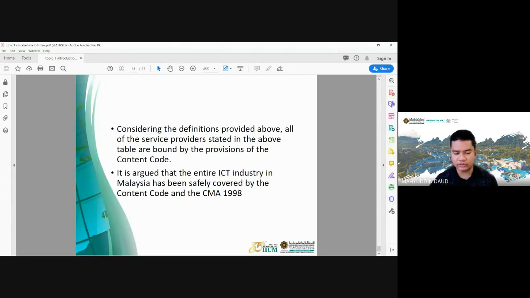it can be safely argued that the entire ICT industry in Malaysia has been regulated or safely covered by both the content code and the CMA. Of course, for the CMA, all the service providers must comply because it is part of the Malaysian law. But the code is a guideline, but they have made it part of the practice. They made it compulsory for the service provider to follow. So it complements the CMA,